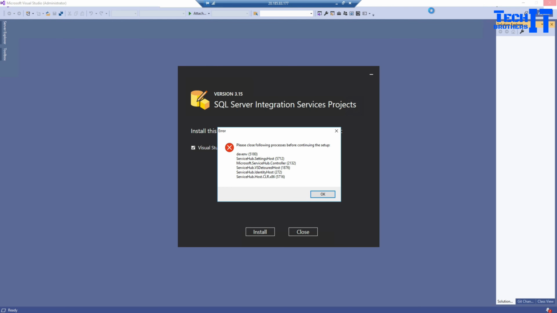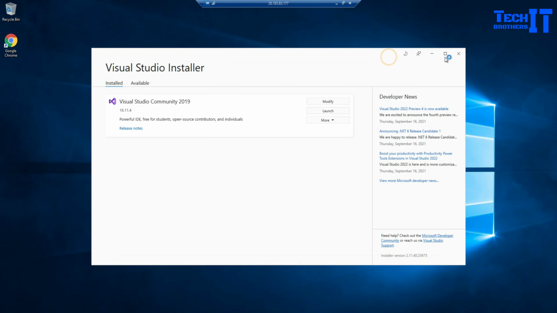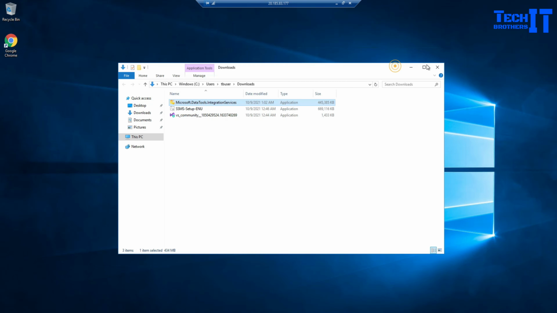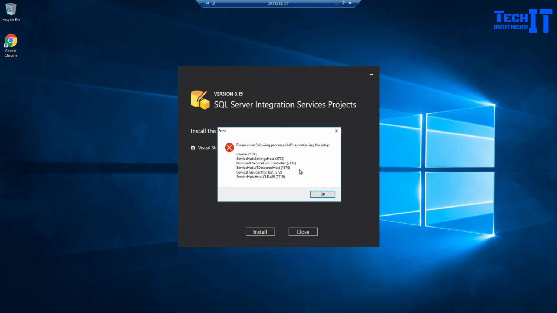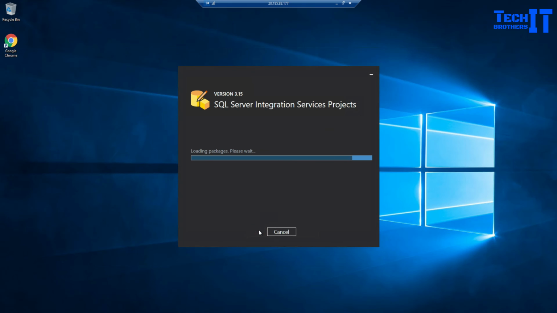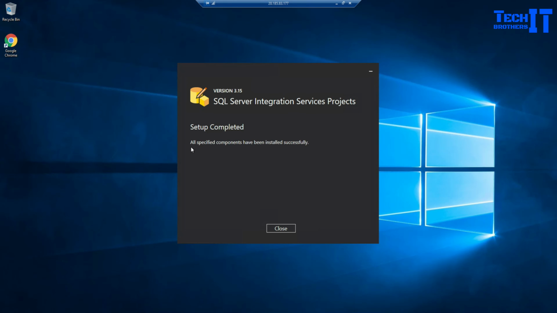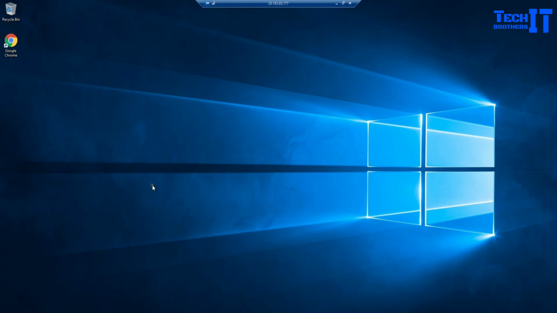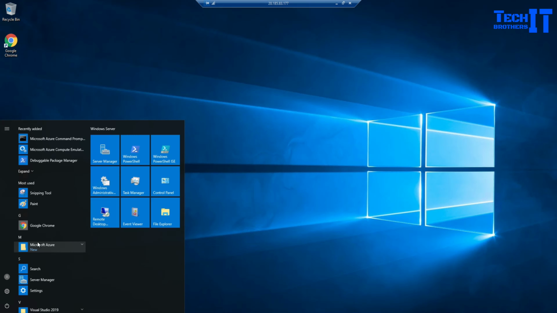Okay, see, it is asking us to close everything. So I'm going to close everything, and then okay, install. So our integration services project is installed. Let's close it, and now we should be good to go and start our Visual Studio and create a project